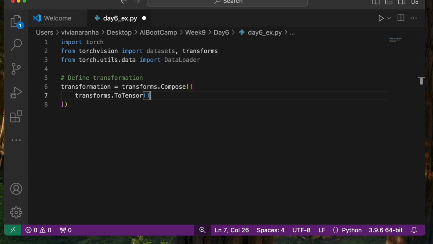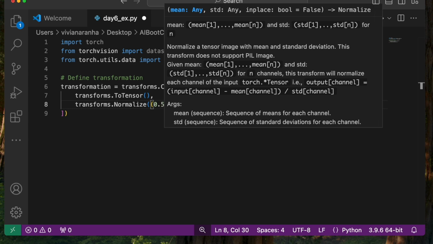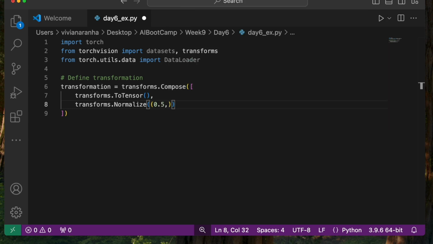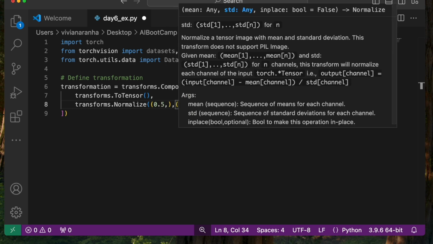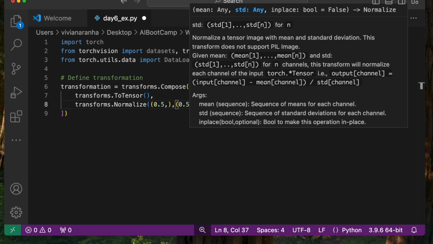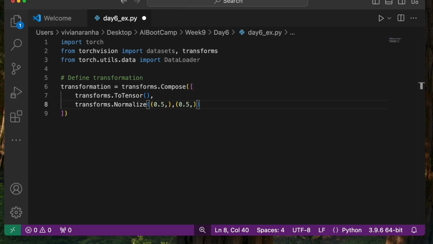That's the function that I'll call. And next I'll say transforms.Normalize, and I'll pass the value 0.5 comma 0.5 comma. So what I'm doing here, the transforms.Compose combines a list of transformations to be applied sequentially.